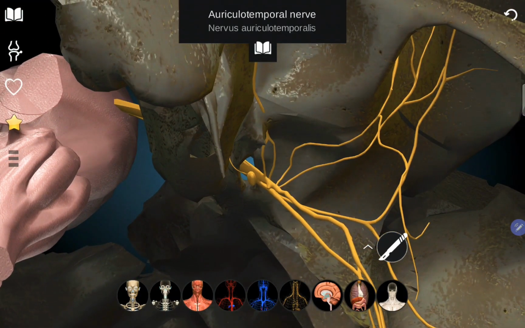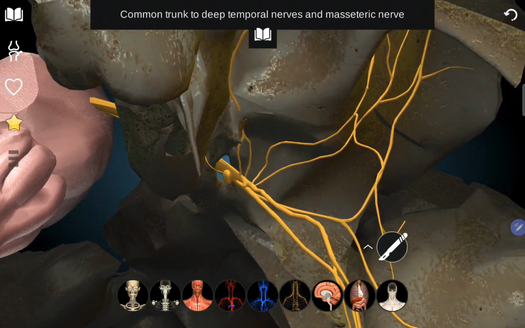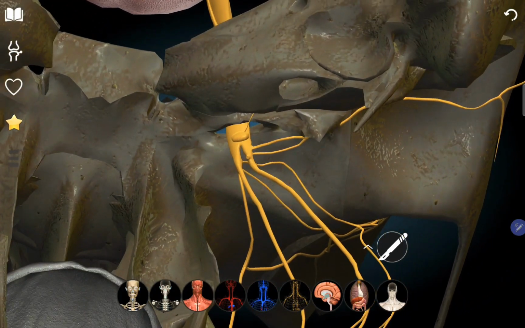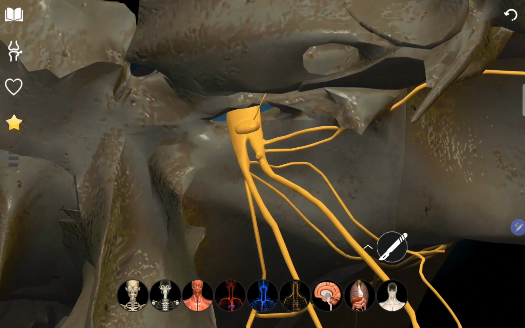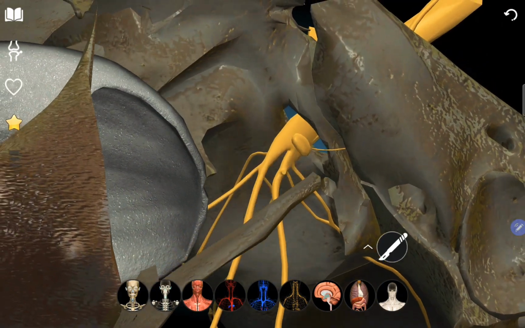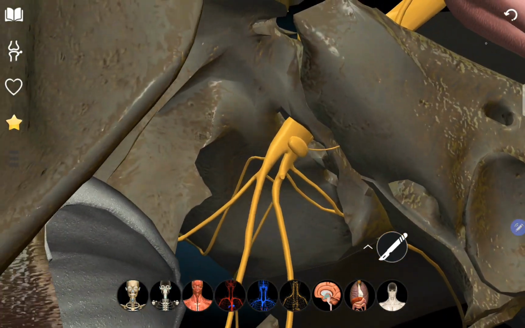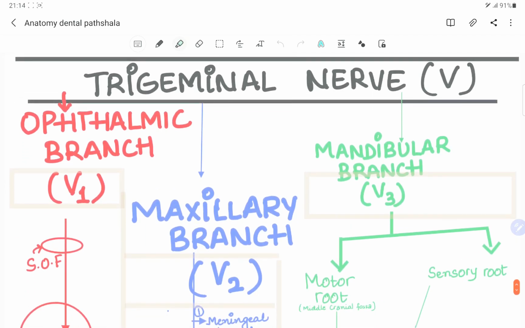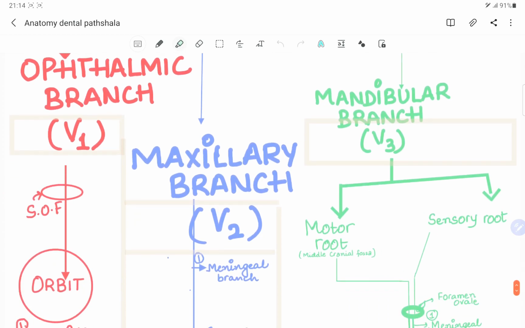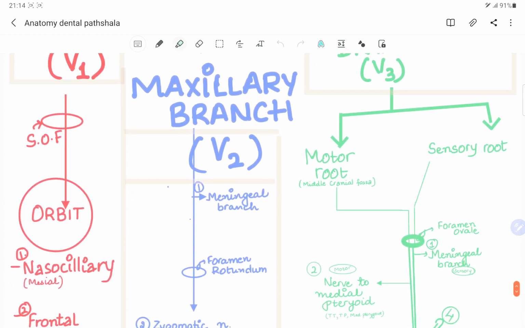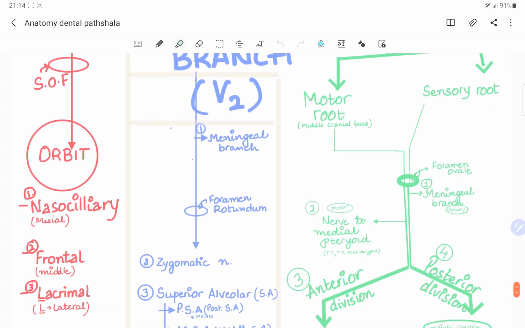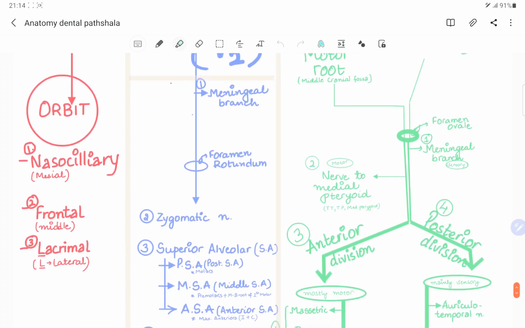So we have two divisions majorly, the anterior division and the posterior division. Before giving off these anterior and posterior branches, it gives off two branches again. So let me just make a diagram to show you guys. Up till now we have studied the three divisions of the trigeminal nerve: the ophthalmic division, maxillary, and the mandibular. The ophthalmic division passes through the superior orbital fissure, and from the orbit it gives off three sensory